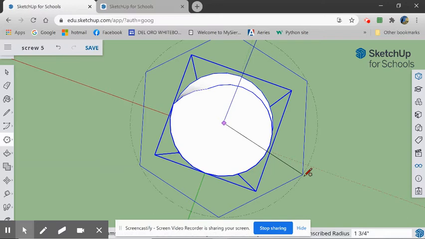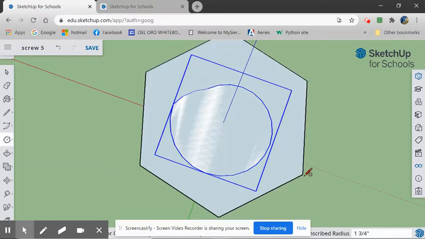And I'm going to click. So it's right there right now. If you don't have 6 sides on it, you would type 6S for 6 sides, and that would give it 6 sides. So now that I have that,